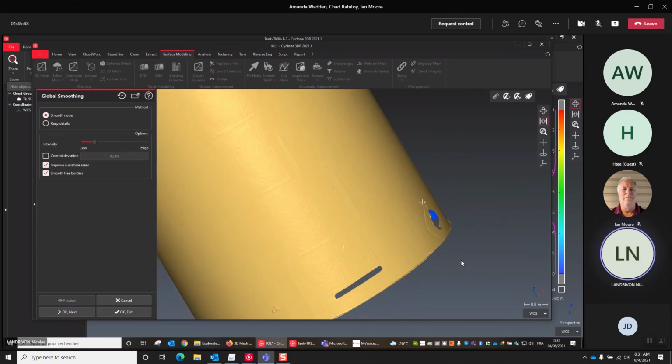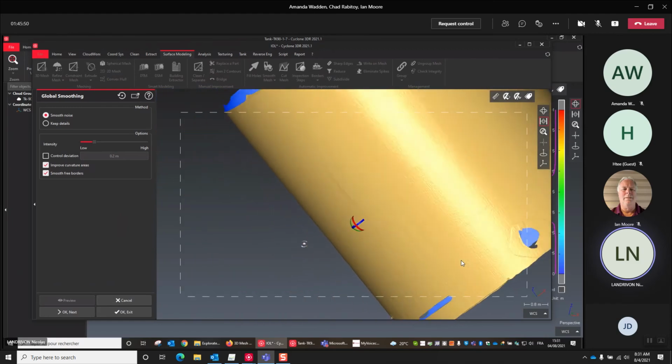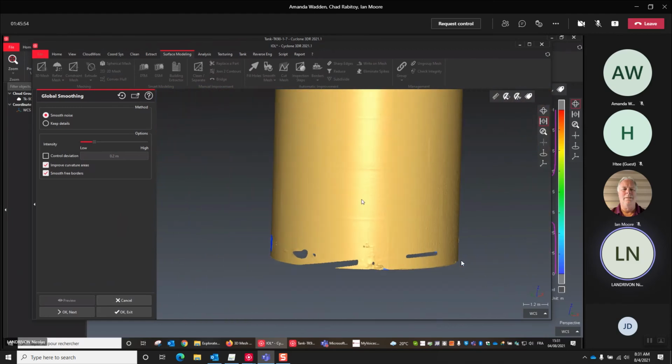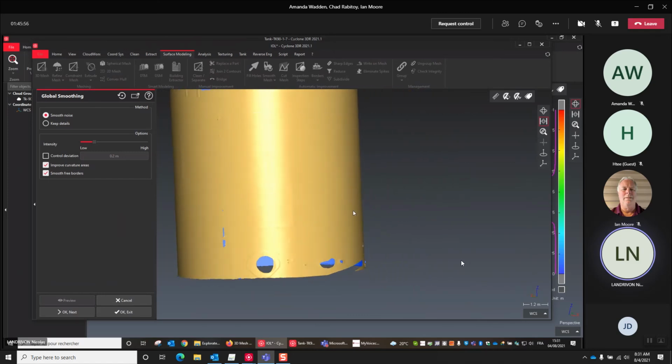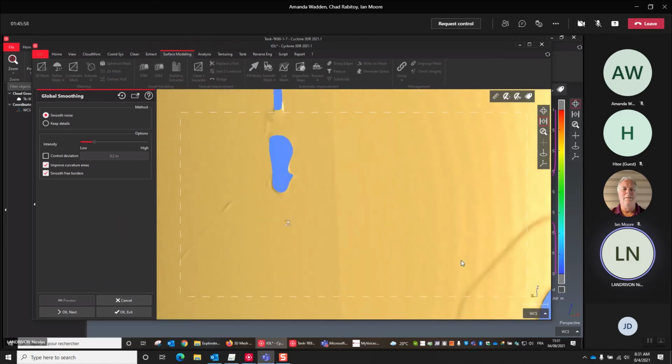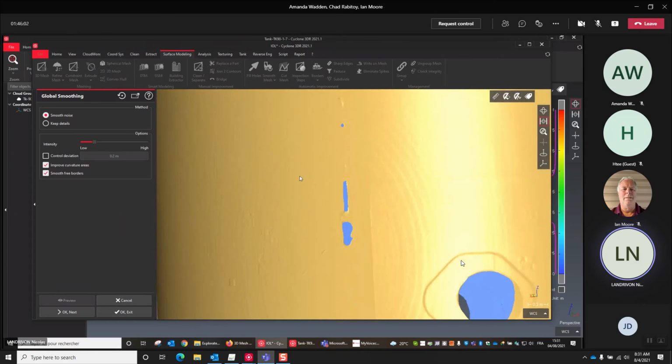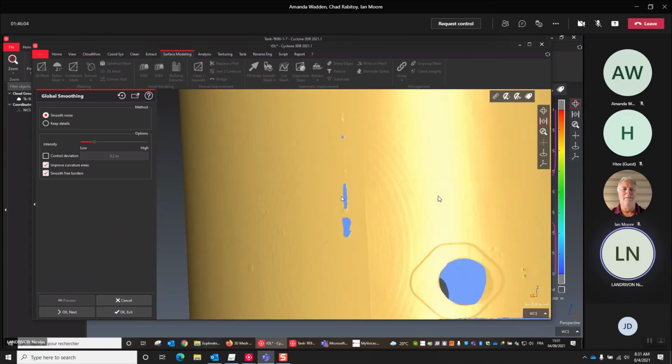So for me, probably, the most accurate mesh is this one, which is not too bad because I smoothed a little bit, but of course after you still have some holes that can be filled if you want.